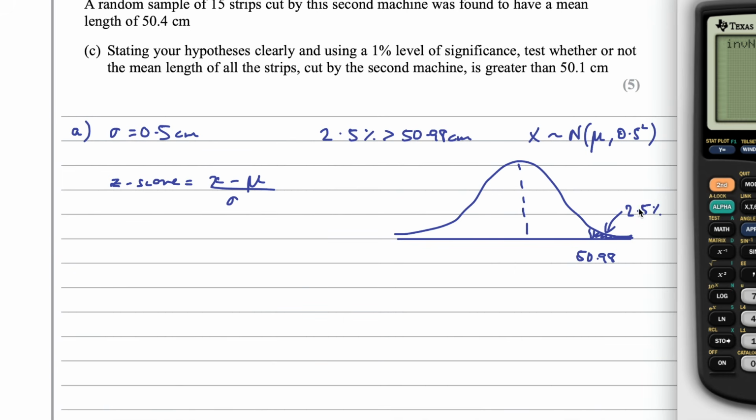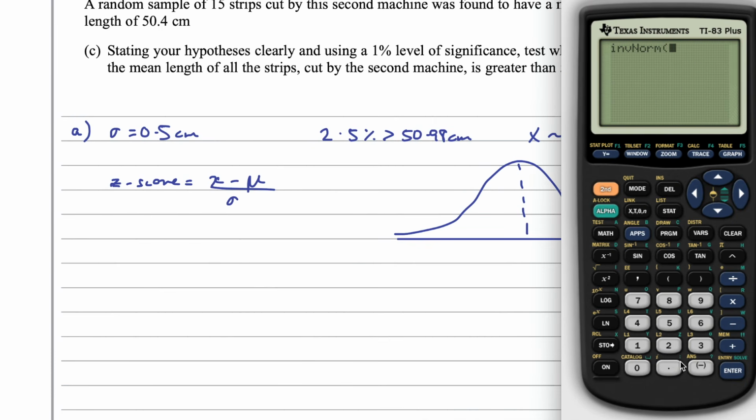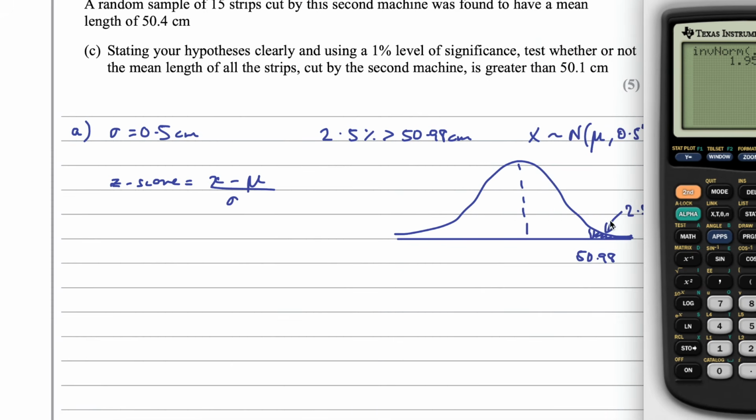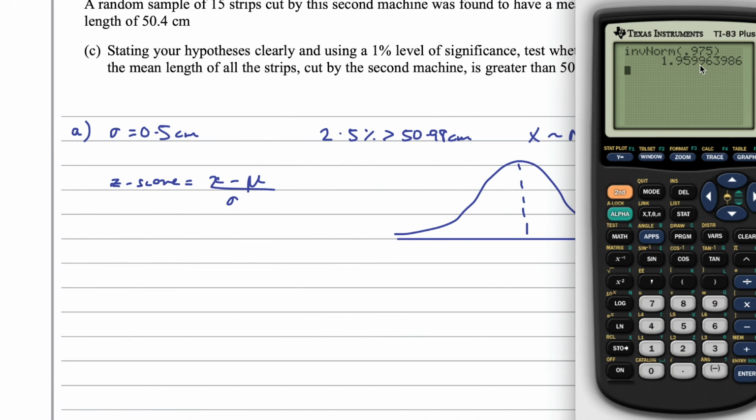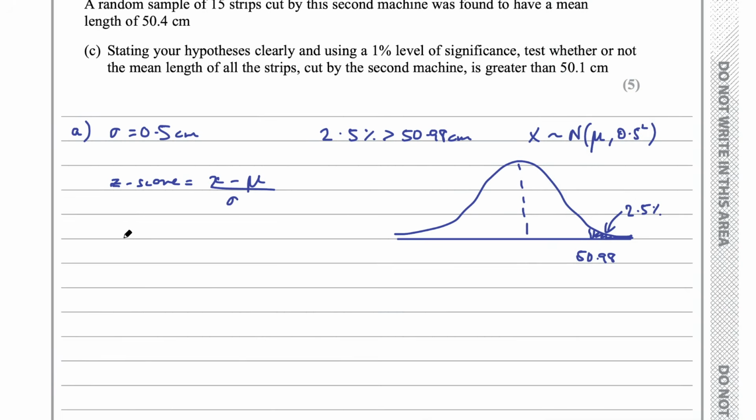So if there's 2.5% above the z-score, that means there's 97.5% below it. So I just need to put in 0.975, and that's going to give me the z-score for that place on the normal distribution. So that's telling me it's 1.9599, or basically 1.96. So the z-score at that place is 1.96, and this is going to equal the value